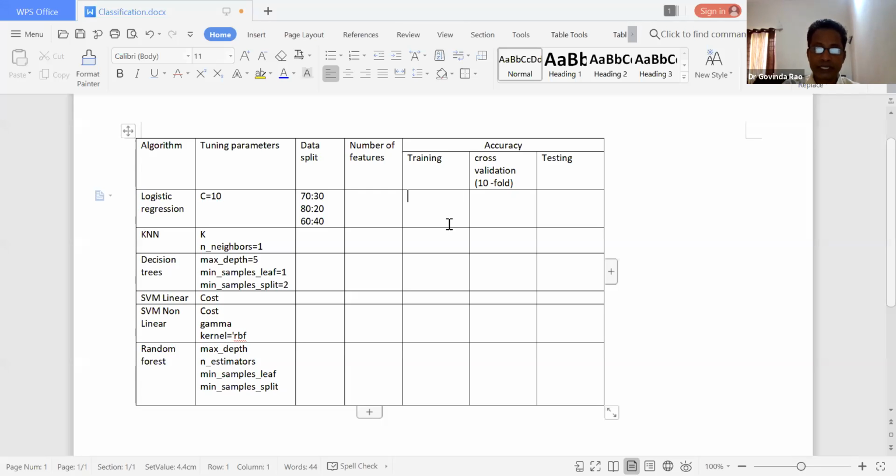Once you see your training accuracy on this data, then we can validate our model. Then we apply our classifier on our 30% testing data, right? That is how we can perform our data modeling.